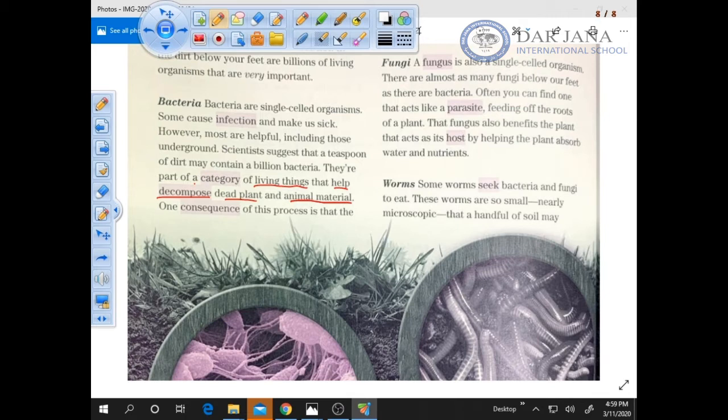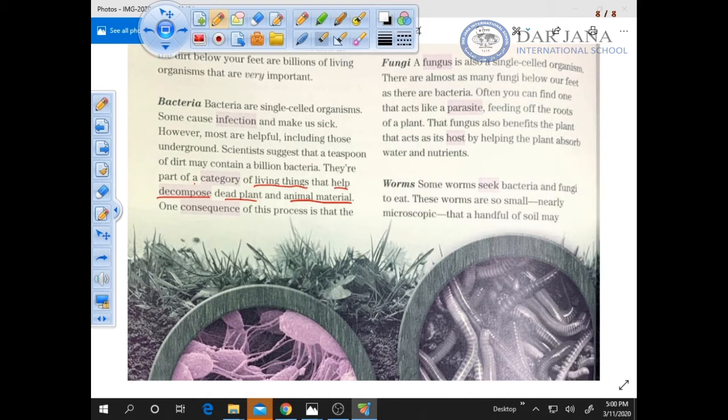Decomposing, the reducing or the decreasing of a particular organism or particular particle, living things that help dead plants and animal material. So what happens to a dead plant? It gets smaller and smaller, shrinks until you cannot see it. So it's a breakdown. So decomposing, based on this, meaning the breaking down of something, making smaller, dissolving so that